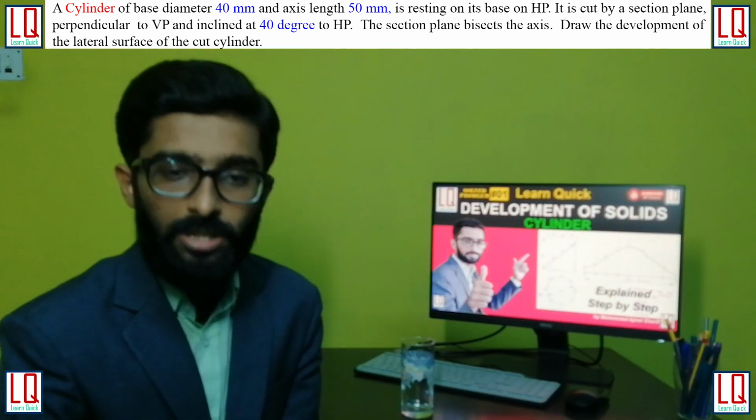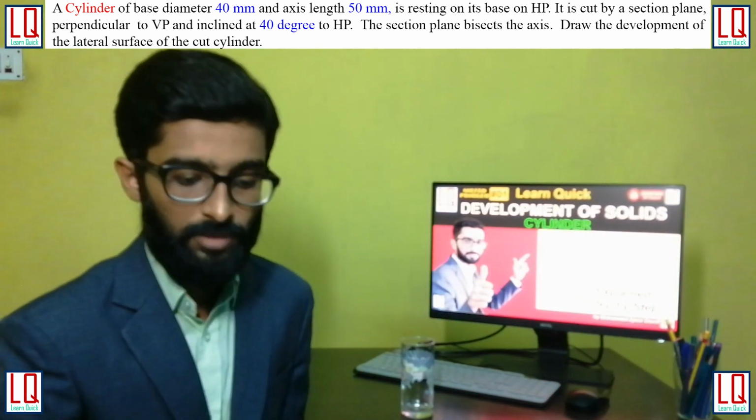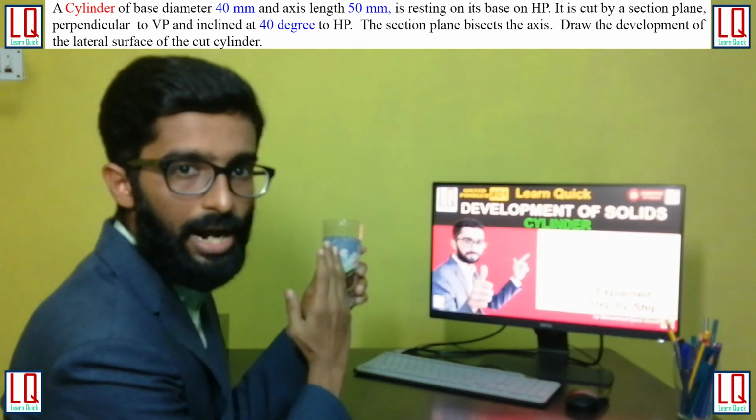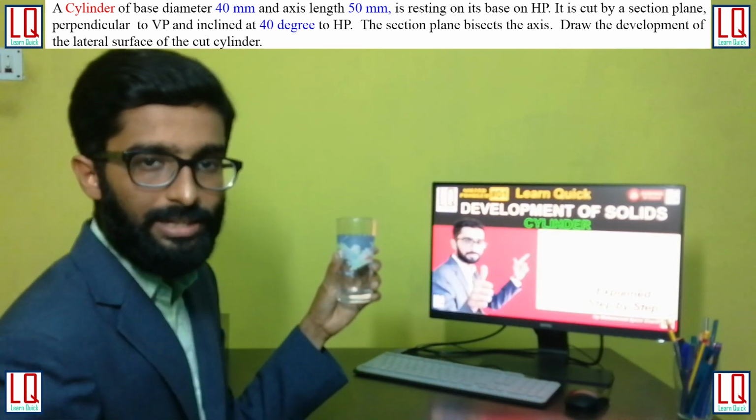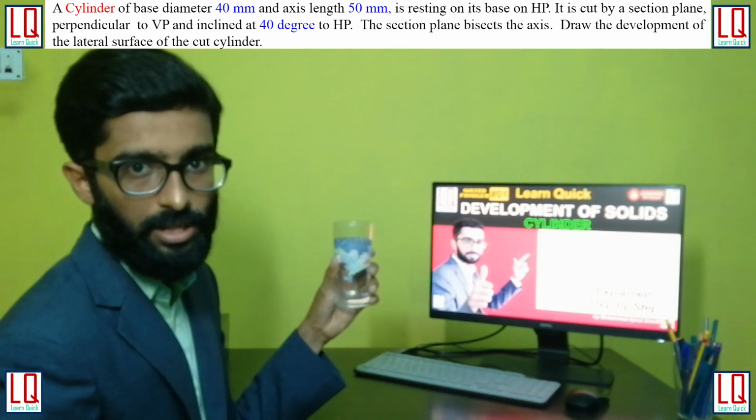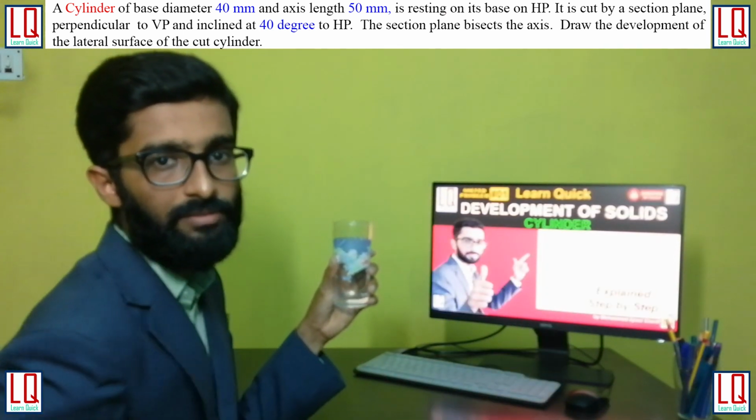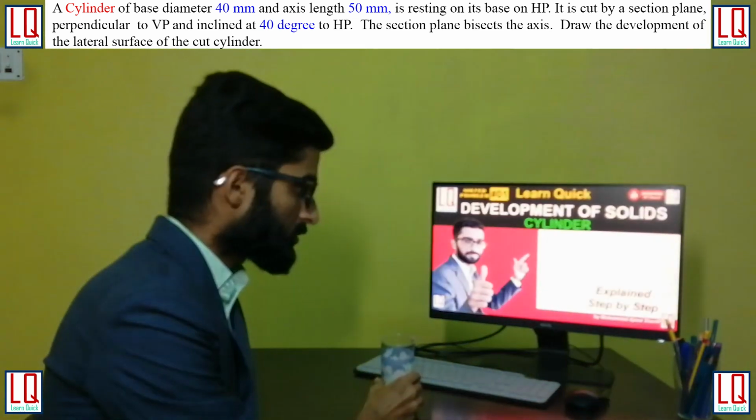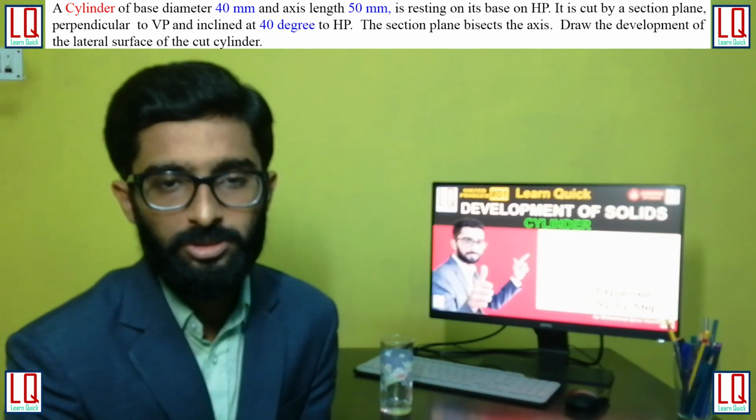So in part 3, we are going to draw the development of lateral surface of the cut cylinder. In case before cutting, if we unfold this, we will get a rectangle. But in this problem we are going to section it and then we are going to unfold it. Before sectioning, if we unfold this, we will get a rectangle. So the length of the rectangle will be the circumference of the cylinder. To know more about the procedure, we will see the step by step procedure of drawing this